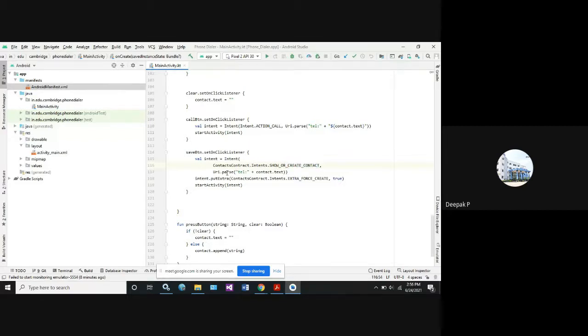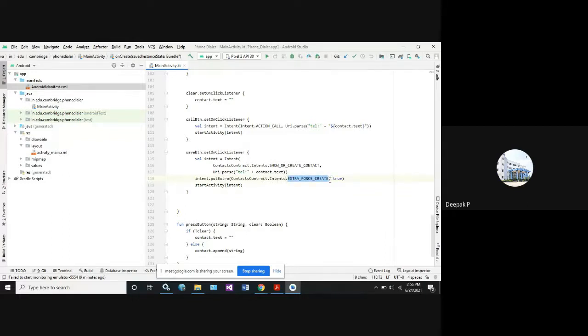Okay. So Uri.path telephone, contact.text. You can see here the dollar sign is used to read the value, whereas here, as we are saving, just use plus contact.text. Suppose you want to add extra fields to your mobile numbers. At that time, you can add intent.putExtra of ContactsContract.Intents.EXTRA_FORCE_CREATE.